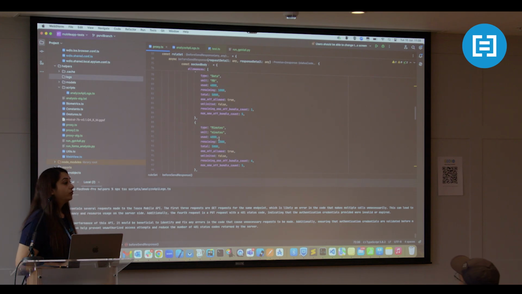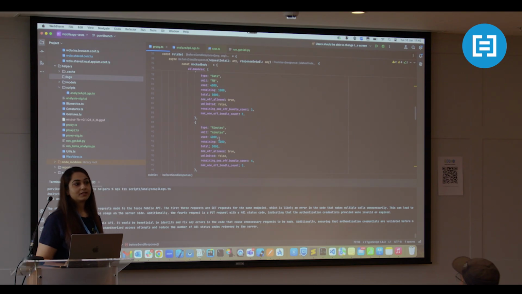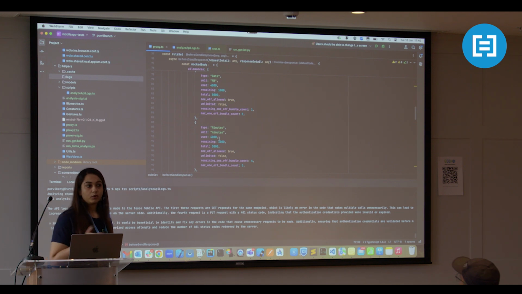Also, based on what type of logs you want in the log file, you can again give a regular expression, and based on that you can create logs for yourself. Right now I'm only logging the ones which I'm intercepting, because analysis otherwise will take time, right? So that is the reason I'm using only a few of the APIs for log generation.